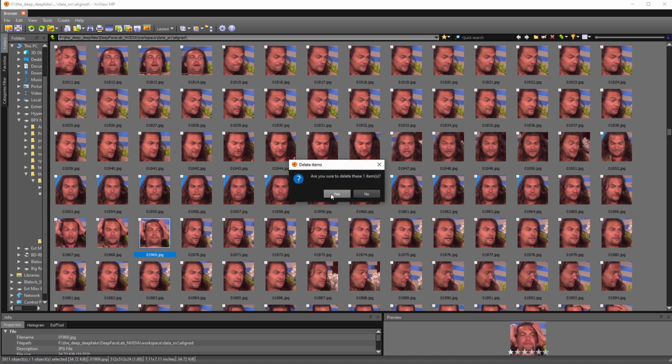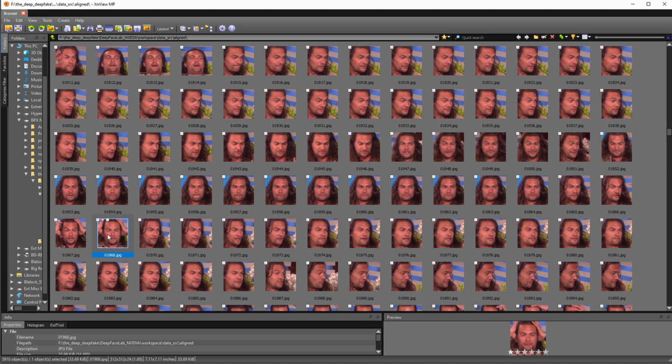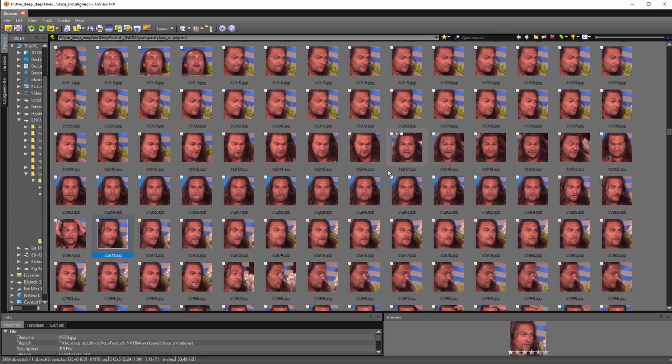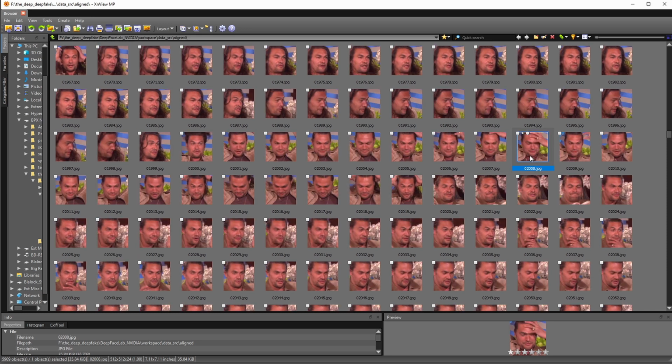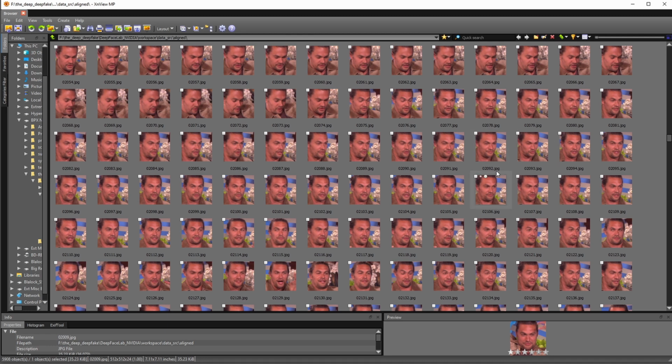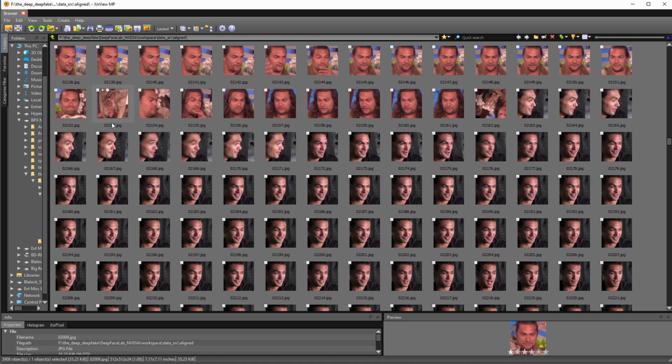Let's see, so here I'll go and delete the image here. This is a little bit blurry, so I'll delete this one. The hands in front of the face, or hands to the sides, aren't really affecting the face there, so I think that's probably fine. And again, I won't take too long here, but you guys are probably getting the general idea. And you just work your way all the way down, and I won't do all this here on camera,